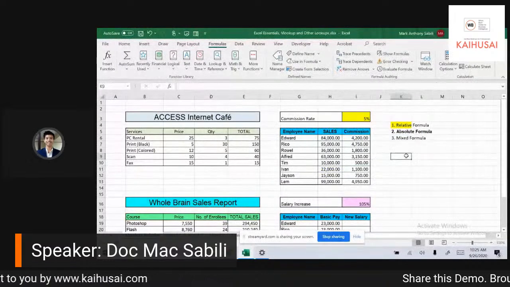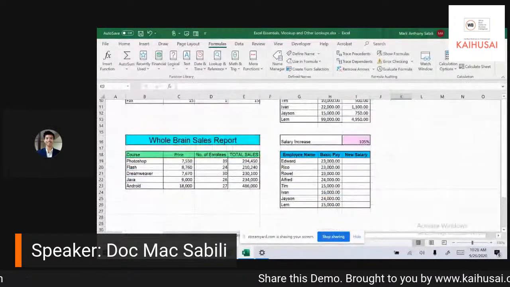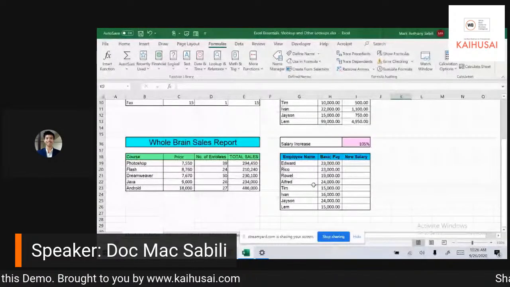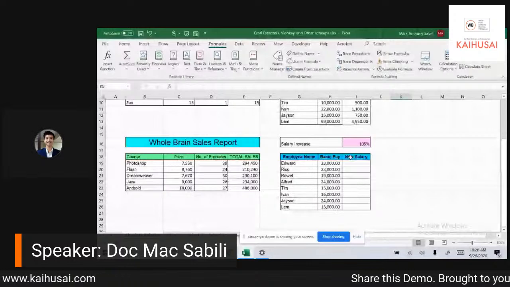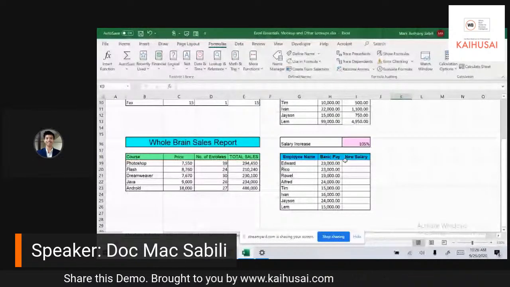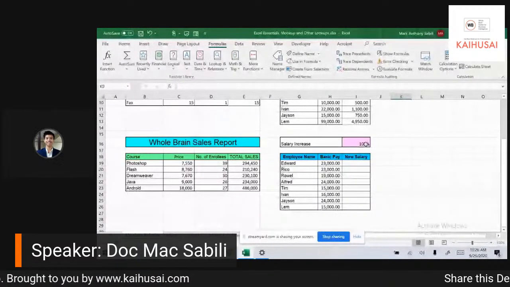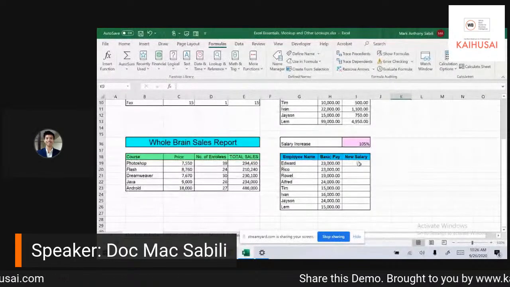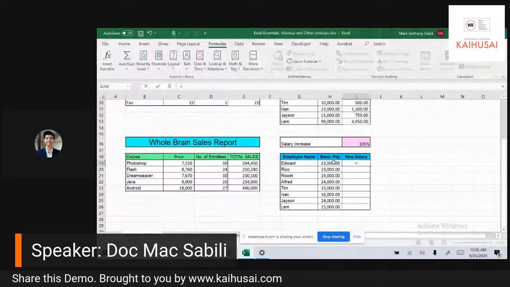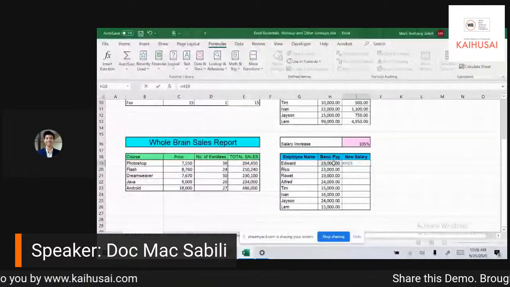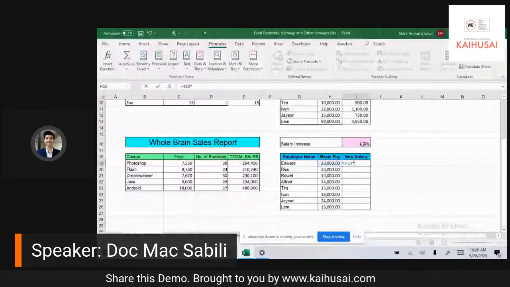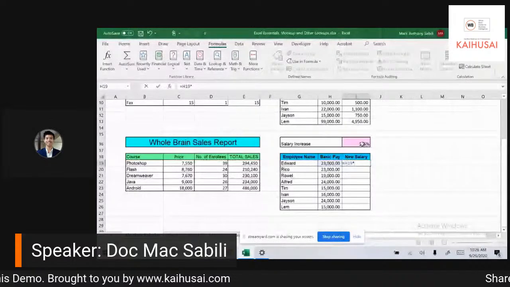Okay. Now, let's try another example of the absolute formula. So, let's try to compute for the salary increase of the respective employees. Okay, 5%. So, all I have to do is to multiply the basic pay by 105%. So, equals this one, this cell, which is H19, multiply by the salary increase rate, which is